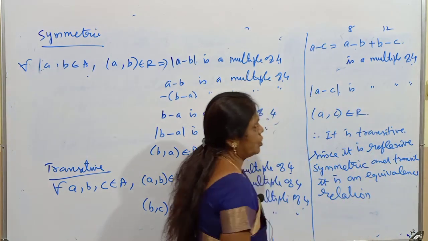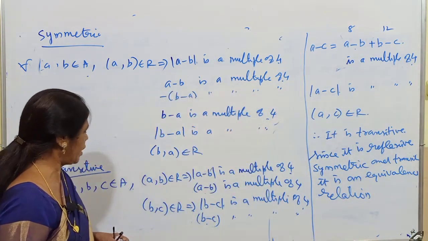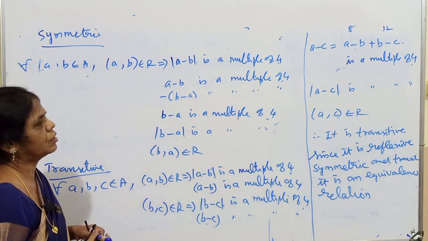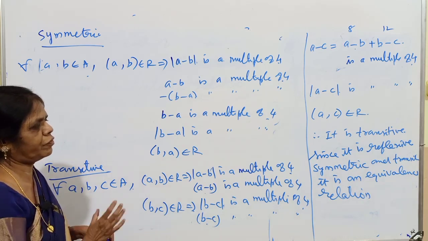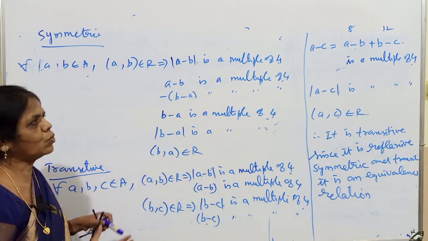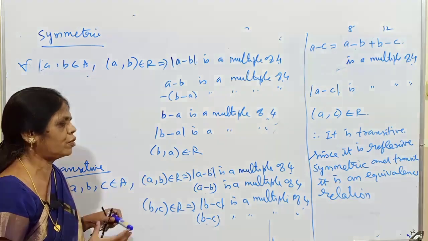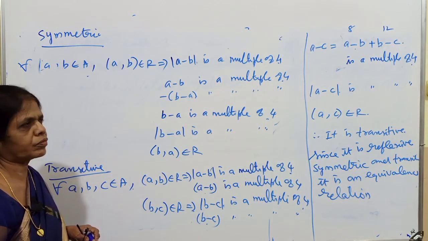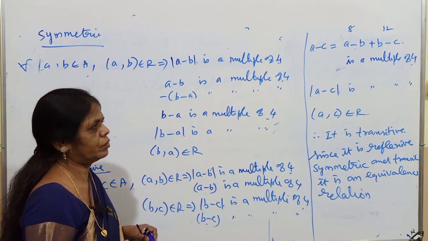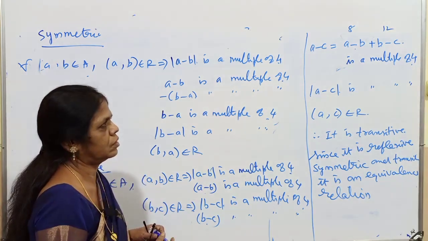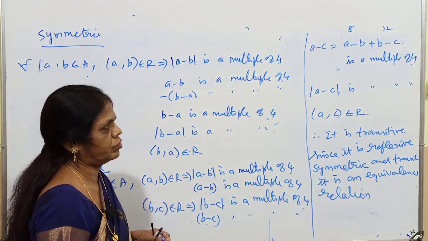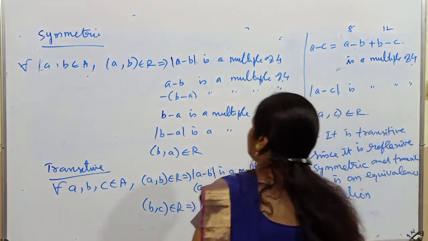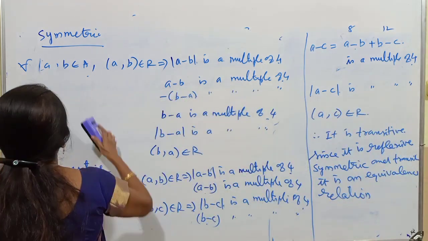Right. Next, we are going to see the second one, a equal to b. That is very simple. Just go through this. I will wait for some time. How to write the steps, that is very important for you. You have to follow the same steps. Next, we are going for the second one.